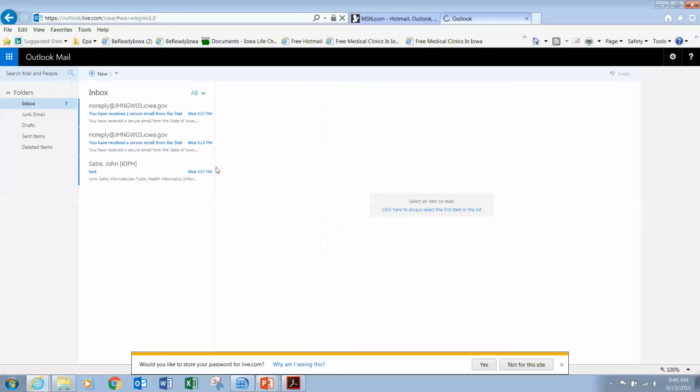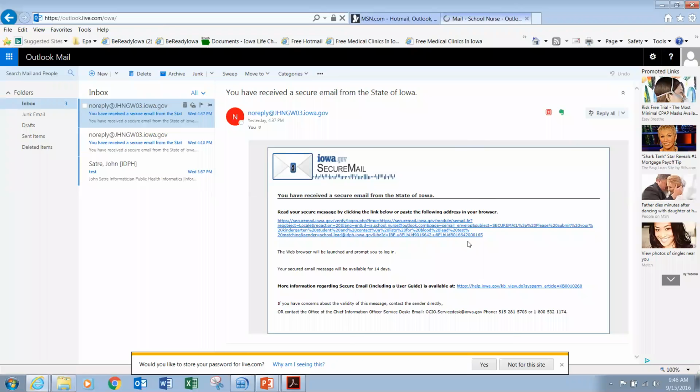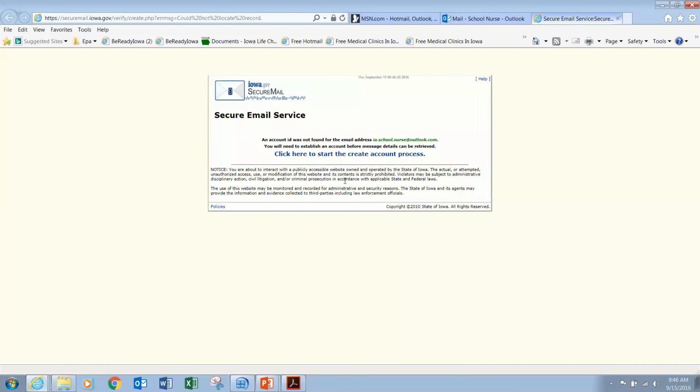Okay, we've already sent the email to this mailbox, and you'll see that this is what it looks like here. Very similar to what we showed you before. This is the link. So this is a secure message that has already been sent to this address. And this is the alternate email that I mentioned. We have to log into the portal to actually retrieve the real message.